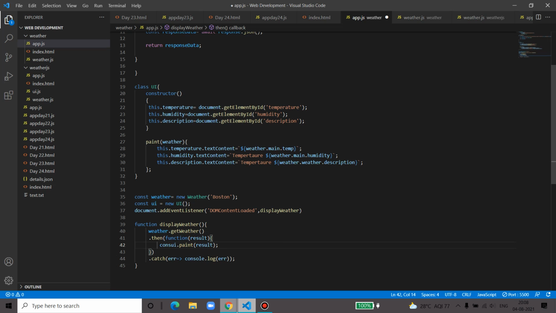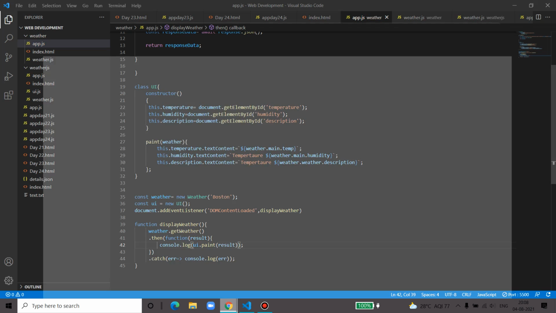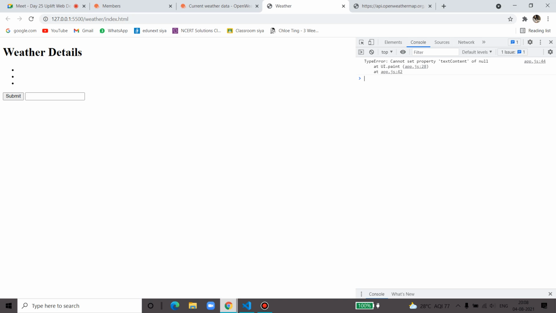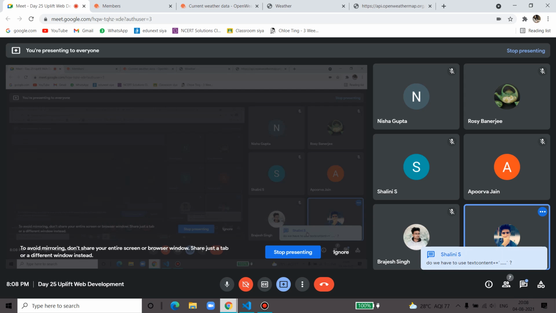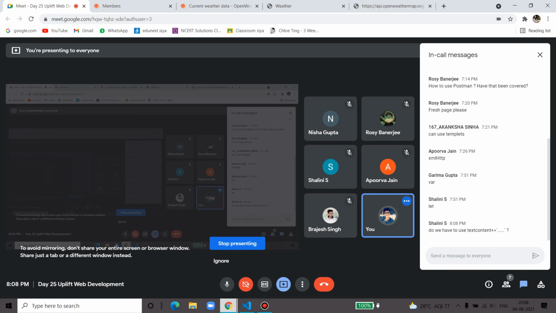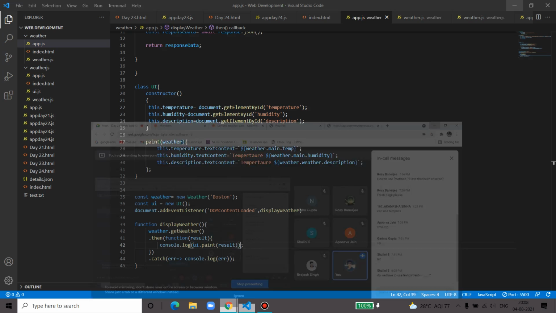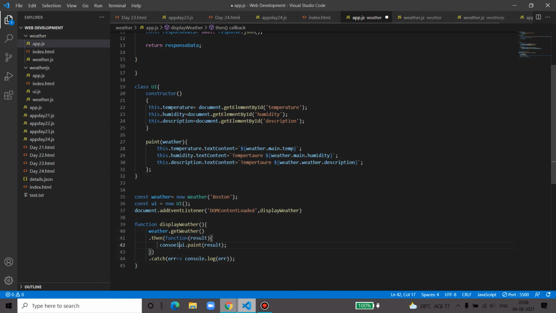We can try console logging. Let's see what it does. Same error. Plus equals to, I don't think so. Plus equals to won't solve this because